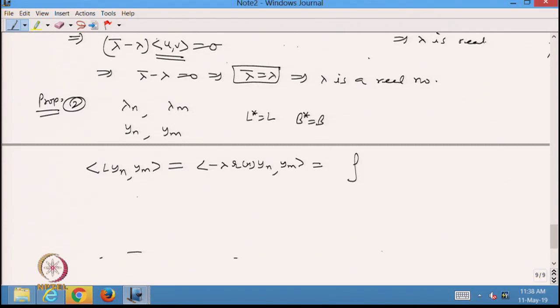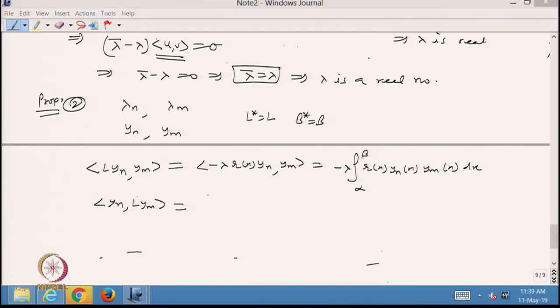From alpha to beta, minus lambda r x y n x y m x dx. Okay, so this one I am just defining in this case. Now, what about y n L y m? Again the same thing will happen. So this will be equal to, I just call it n, it will be lambda